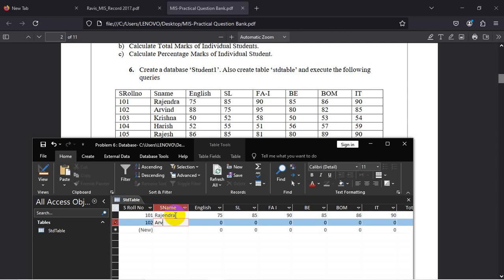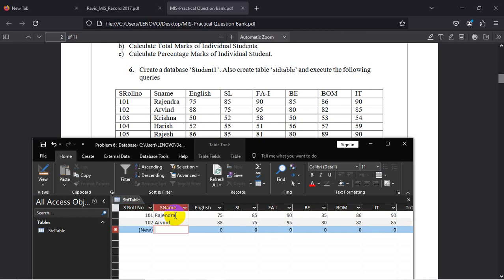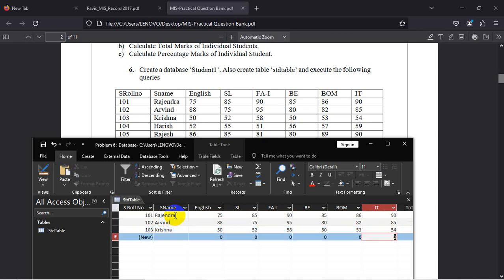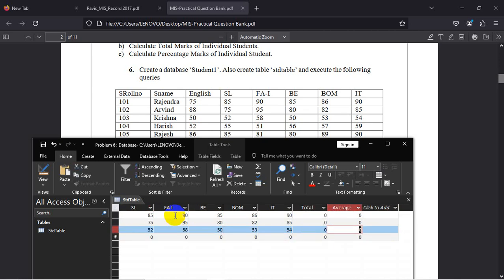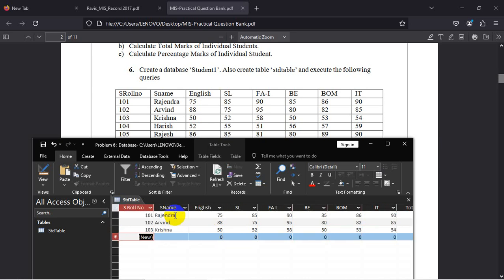After this Arvind. Arvind how much? 88, 75, 95, 80, 82, 85. Then Krishna. Krishna is how much? 50, 52, 58, 50, 53, 54. Then next name, Harish.